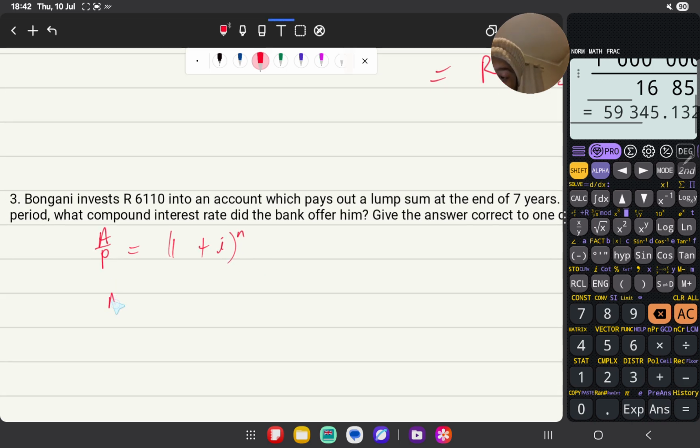Therefore here I would say I have A over P to the power of 1 over n equals 1 plus I, right? And therefore I is going to be A over P to the power of 1 over n minus 1, which is